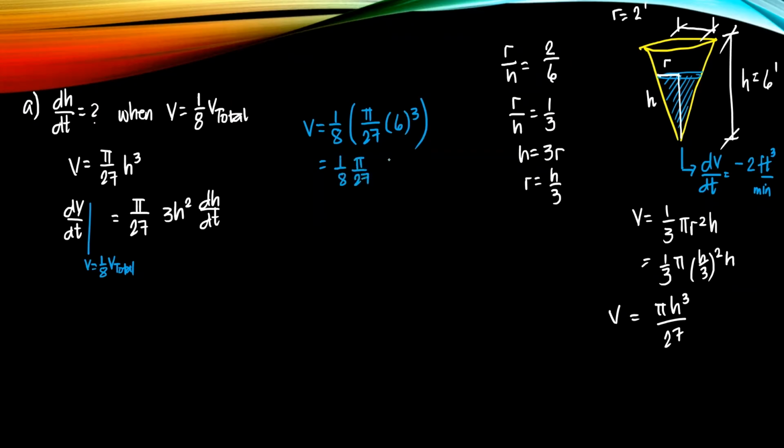Pi over 27, so 6, so 27, that's 3, 3, 3, that's 2, 2, 2, and then this is just pi. This is the V, but the question is, so this is the V new. What's being asked is the height, right? So to solve for height,